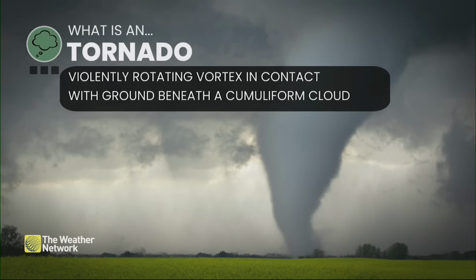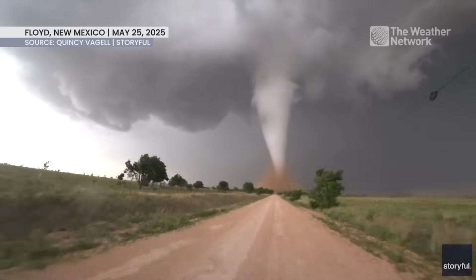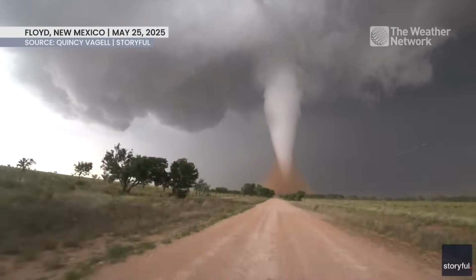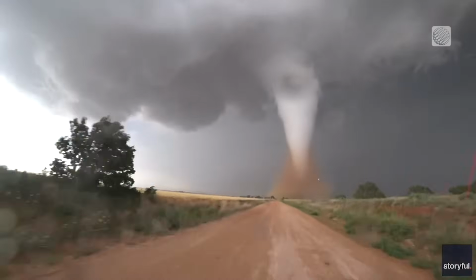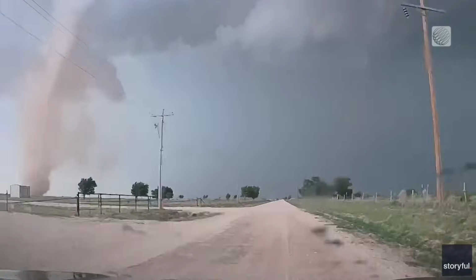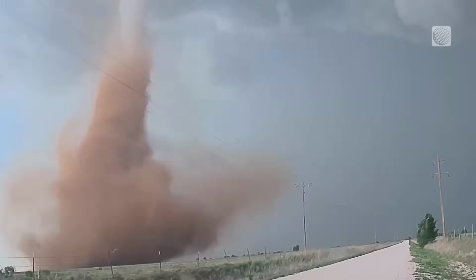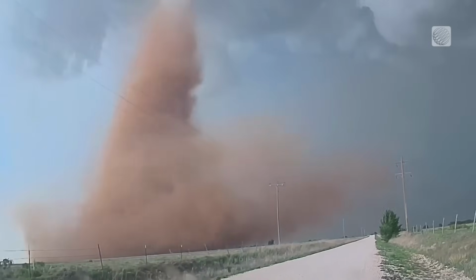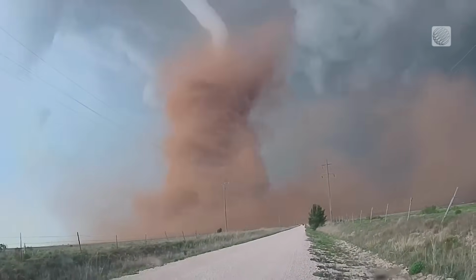Now, Laura, how hard is it to actually forecast a tornado? We've seen tornadoes obviously across the U.S. this season specifically. This was just in May in New Mexico. Check out this shot, Laura. Give me your thoughts on this one. Yeah, this is a beautiful type of tornado. Dangerous, of course. Always use caution when trying to get some awesome video. Leave it to the professionals, if you will, but it is quite difficult to forecast exactly where a tornado will